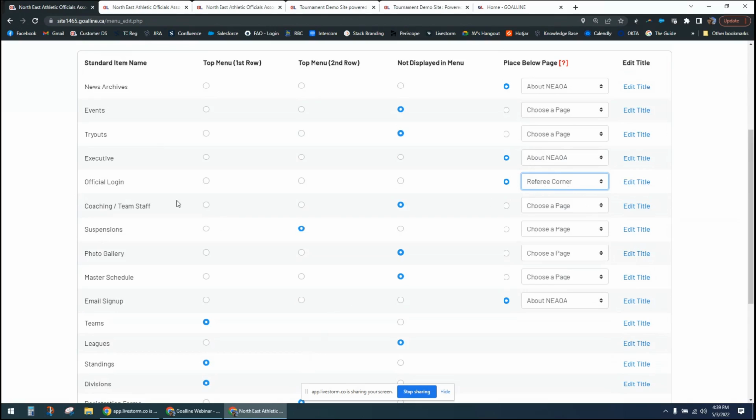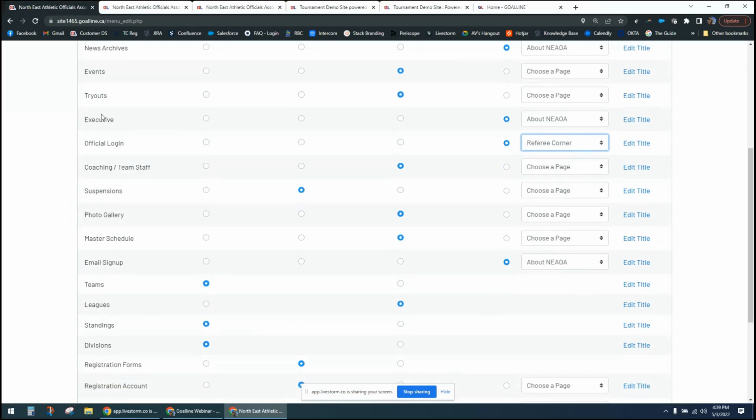So this is one option you can do. Another thing that's really great to be able to do in your standard menu settings is use your own terminology. So Goalline's going to use its own terminology for a lot of different things. Leagues is a big one. Executive is another one. So if your organization doesn't have an executive, it probably has a board of directors, or maybe it's staff listing. Whatever it is that makes sense to you to call your executive, you can edit the title. It never changes what the item actually is, but it changes the title so that it's the terminology your membership